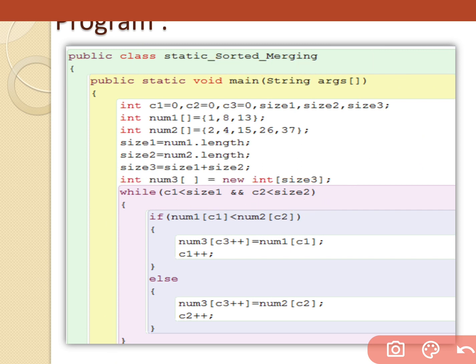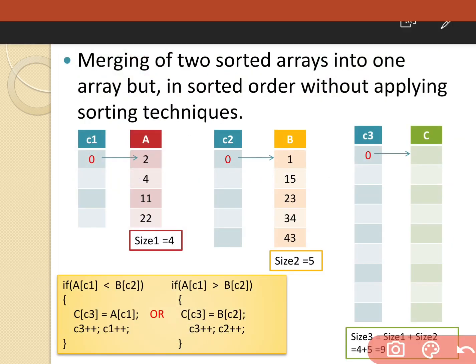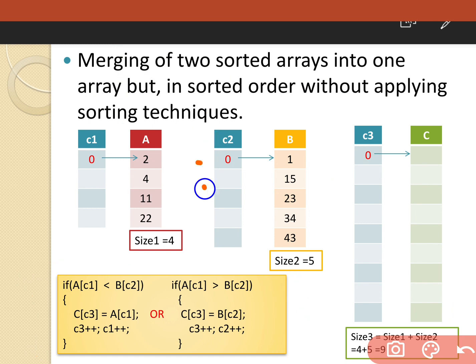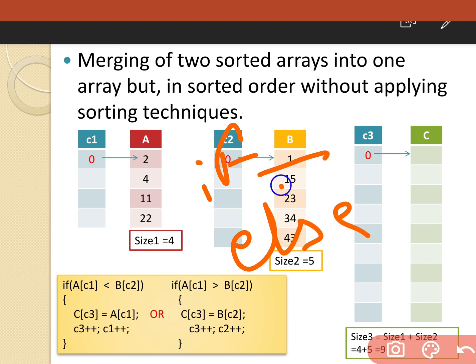Then we have to check whether the first array element is smaller than the second array element or the second array element is smaller than the first array element. And then we have to increase the counters also. See, counters are already increased. The same logic I had filled here, the previous logic, but I had written it in if else. Same logic with if else I had written, in this manner.